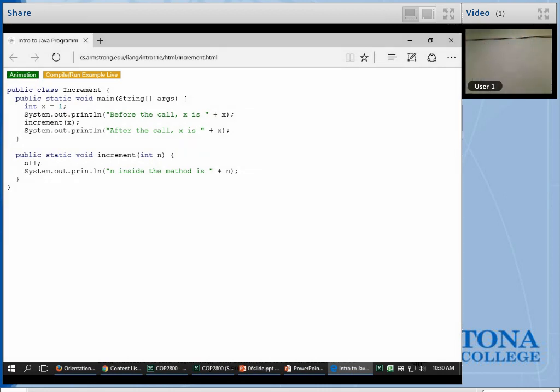Your class is called Increment, public static void main, starting with x equals 1, system out print line. Your string is "before the call x is" plus x, and then increment x. So that's my method, right? So increment is my method. The value that I pass is x. What's my increment method? I write public static void increment, int n. So it is expecting an integer value. I go inside and I do n plus plus. So if I input 3, it's going to be n plus plus, so adding 1 to it. System out print line, n inside the method is n. What's the output going to be? Okay. And before the call x is